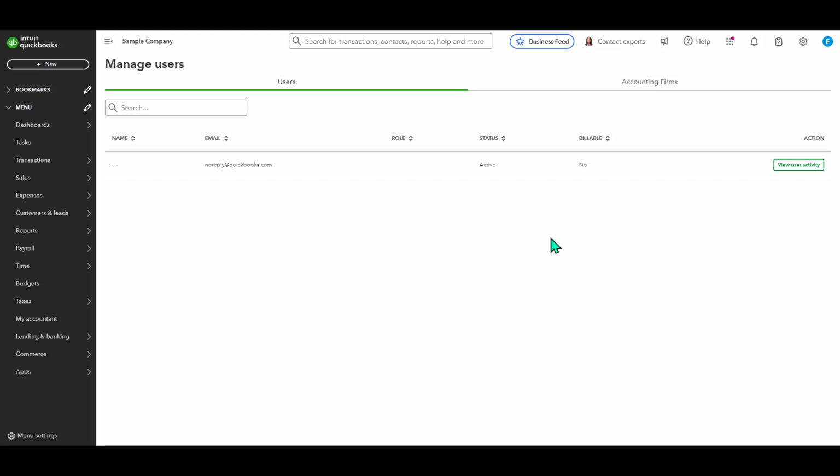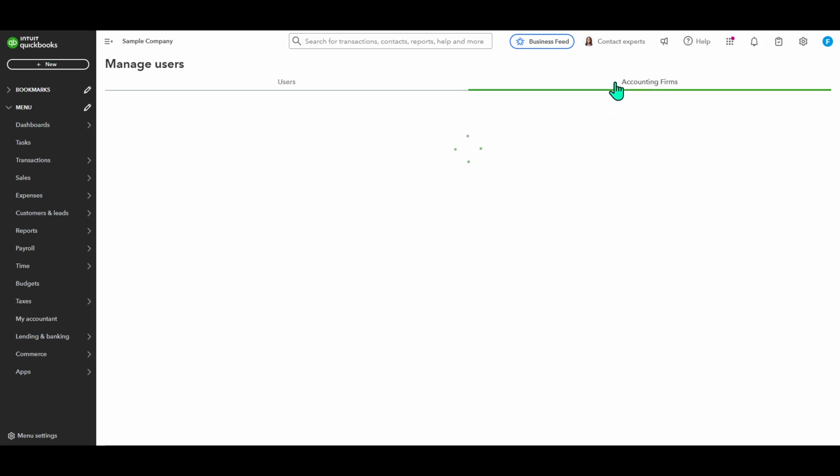So, now that you're on the Manage Users page, you'll notice that depending on your specific QuickBooks plan, there will be an Add User button available to you. If you're on a plan that supports adding new users, this button will be readily accessible. When you spot it, go ahead and click on Add User. This is where things get a bit more personalized, as you'll now be setting things up for the new user